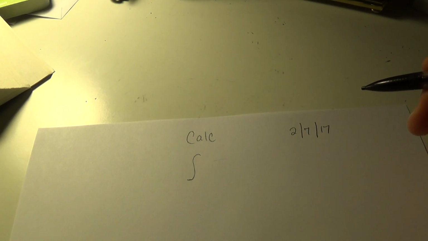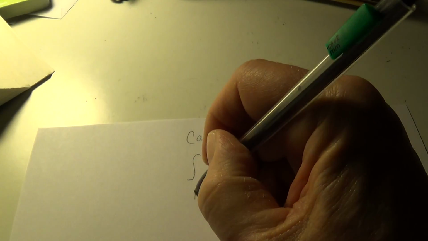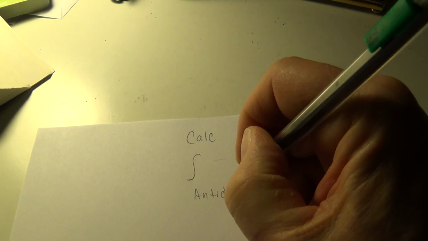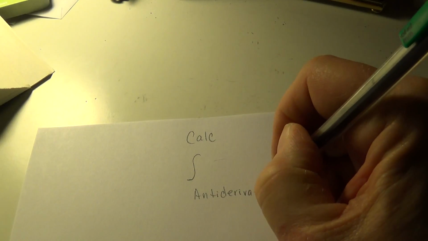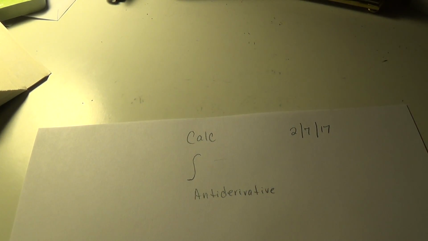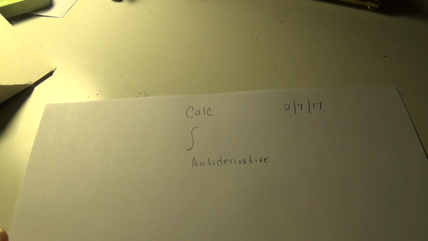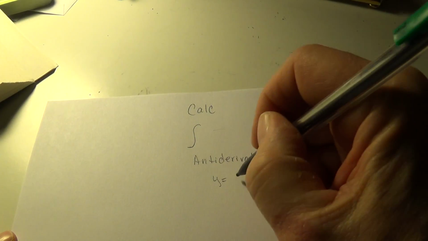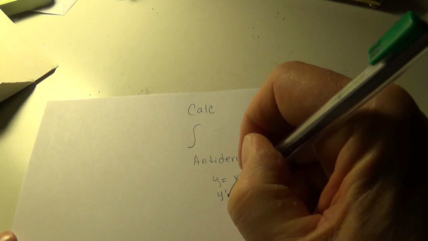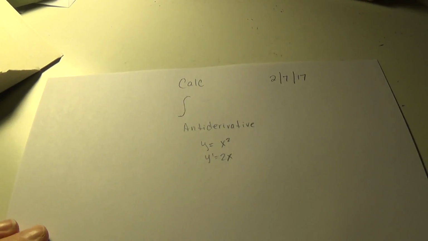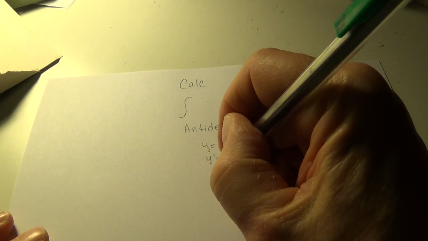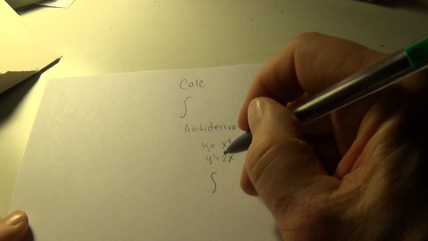An antiderivative is like what its name indicates. It's the derivative in reverse. So we're going to reverse some of the rules that we learned with derivatives and they become integrals. So for example, say we have y equals x squared. The derivative was 2x. So what we're going to do this time is we're going to say the integral of 2x,